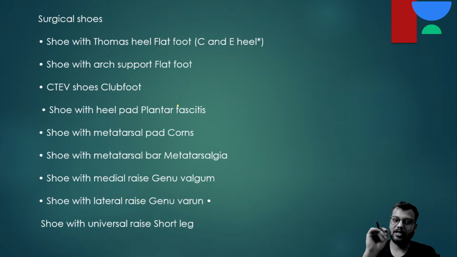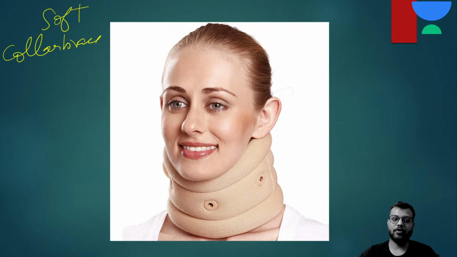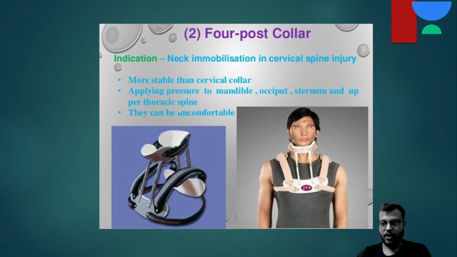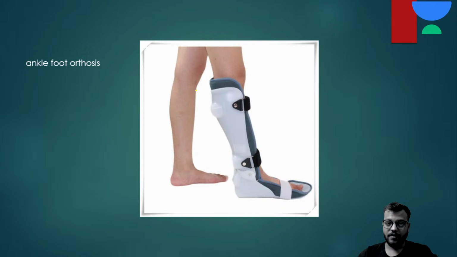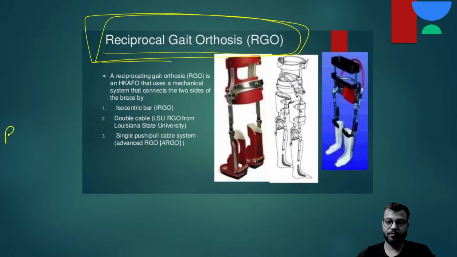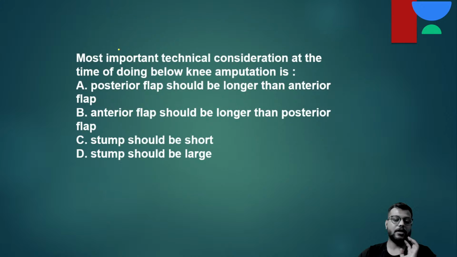or soft collar brace, now it is called as CO, that is cervical orthosis। okay, this is 4-post collar used for cervical spine injury, just remember the image। this is your ankle foot AFO orthosis। okay, ankle foot orthosis, this is reciprocal gait orthosis, RGO orthosis, in case of bilateral above knee amputation।